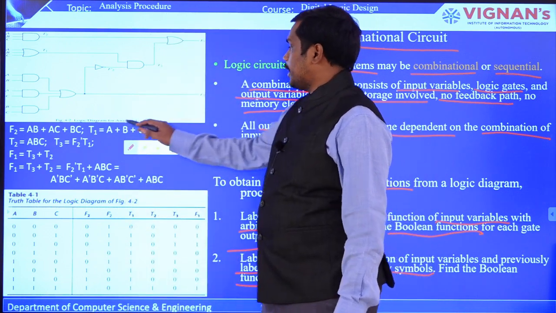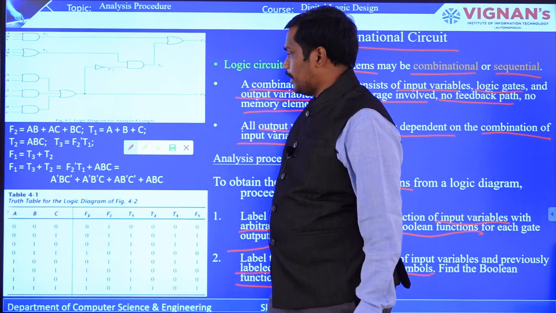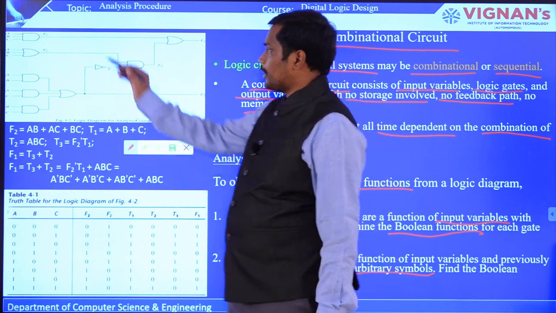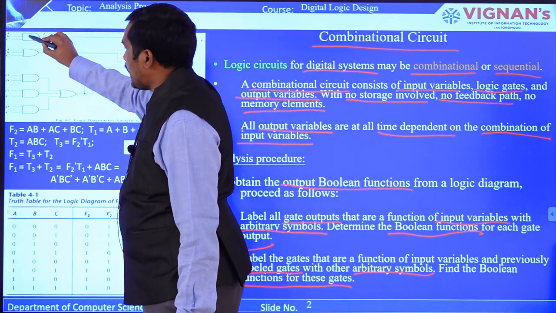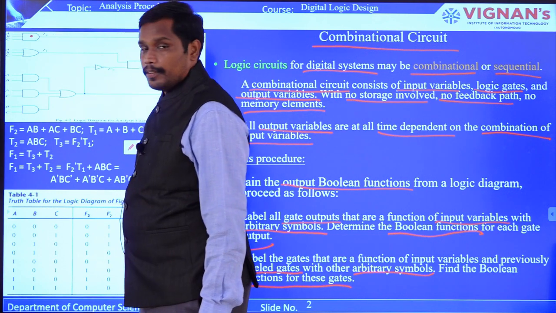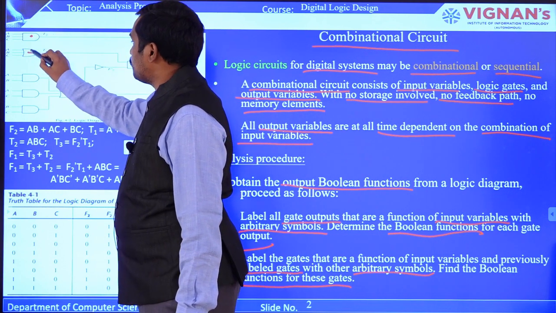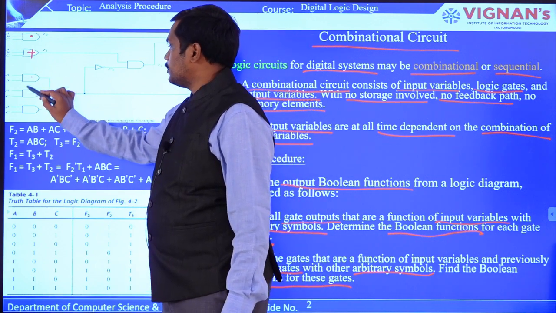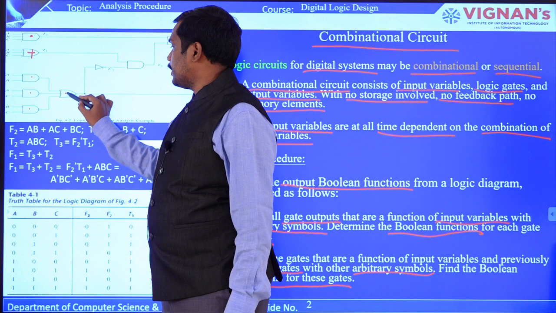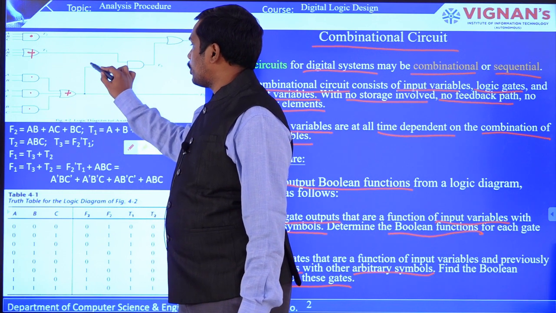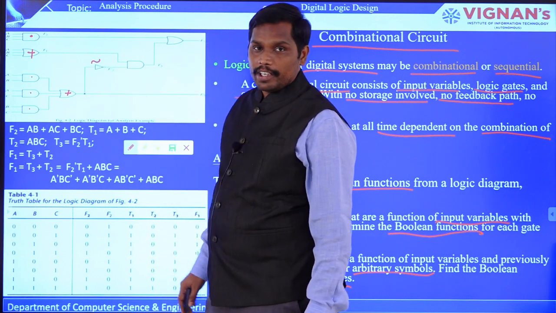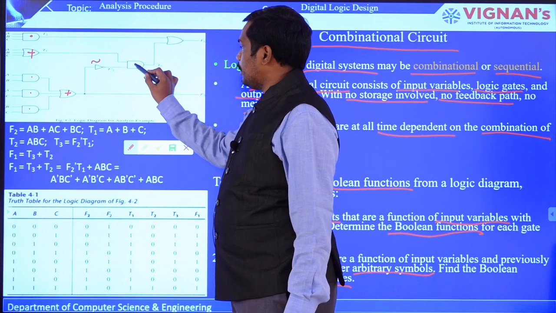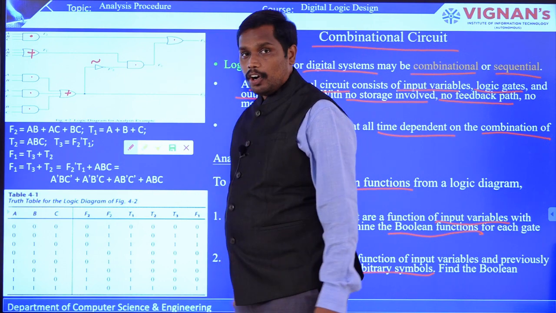This is the logic diagram for some expression. We are going to see what that expression is. Now you can see here, this is AND, right? AND is represented with a dot, and OR is represented with a plus, which means OR, right? And here it is AND, here it is OR, and then this is NOT, negation, also called an inverter, and then here you can see OR.